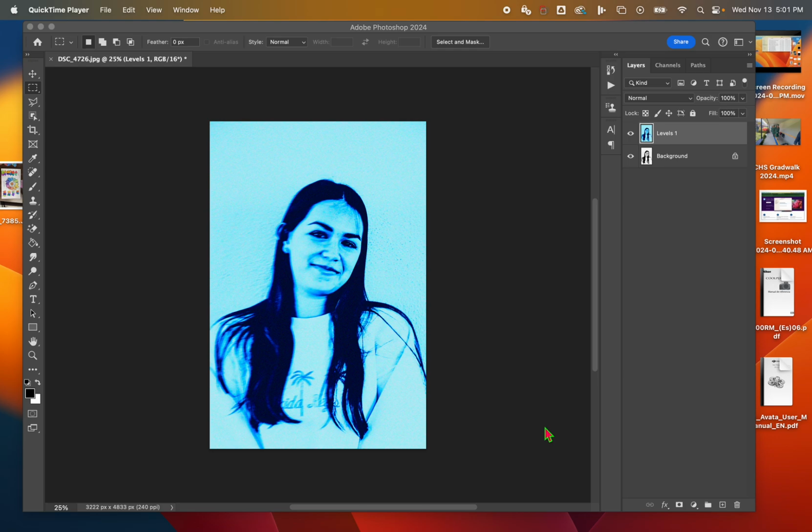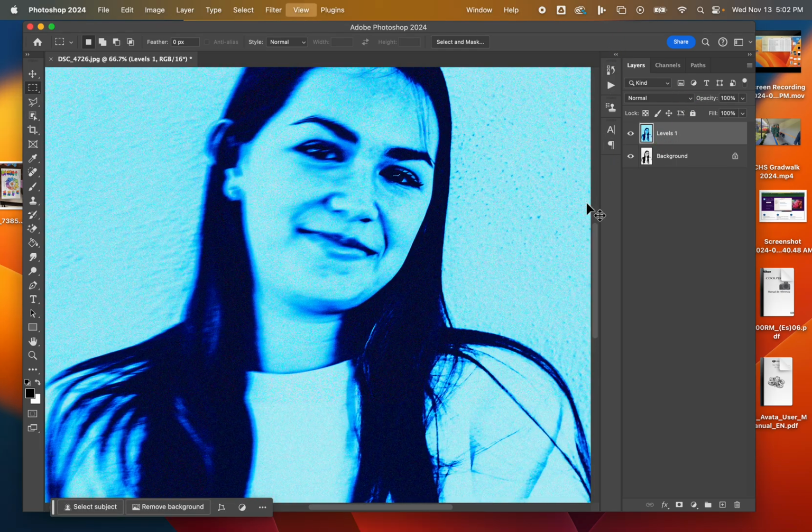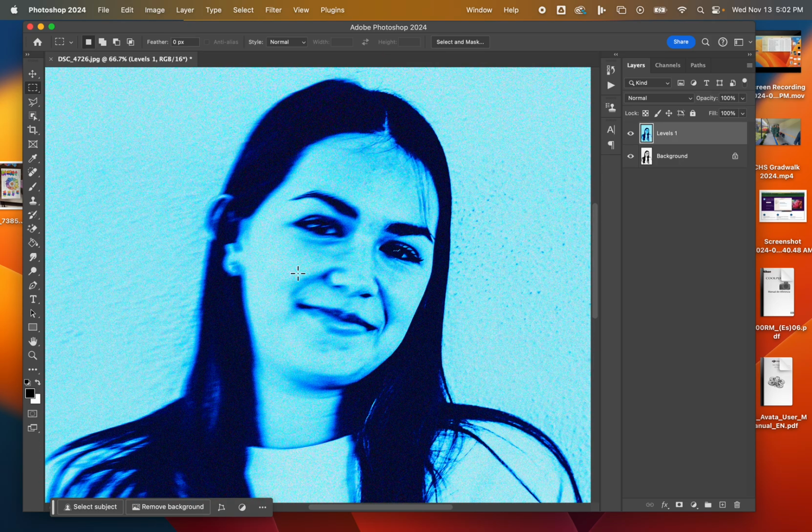What I want you guys to learn today is how to use selection tools, which is this marquee shape, this dotted line that's around a rectangle, and also how to use another kind of filter called a motion blur filter. You're going to end up with a final picture that looks like this, where if you zoom into it, you can see, well, actually you can't zoom into it because I'm in Photoshop. There we go. If I zoom into it, you can see that half of her face looks like it's blurring,